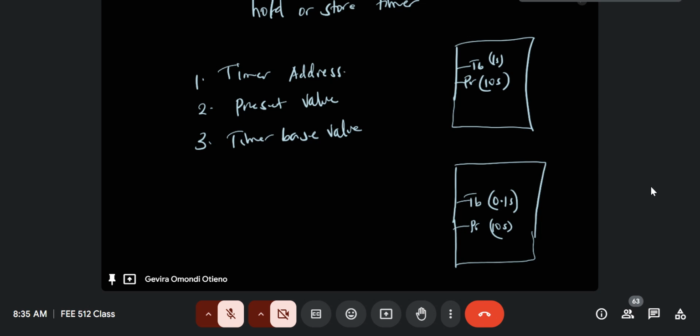Remember, I told you, if you are to count 10 seconds as your preset value, and you're counting it at intervals, then the accumulator knows that the timer timing bit, the TT, will have to count a number of times, because we said when you have a time base, if you multiply by the